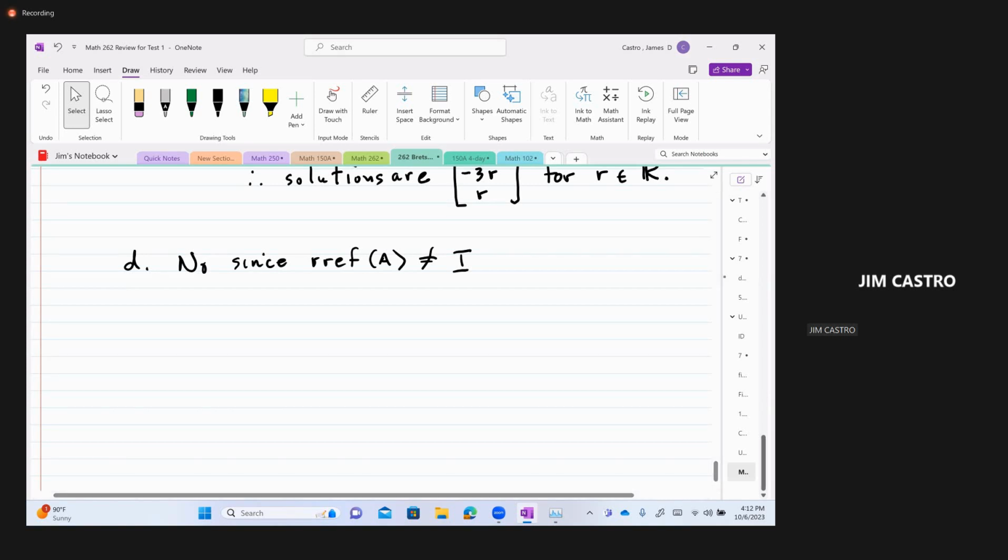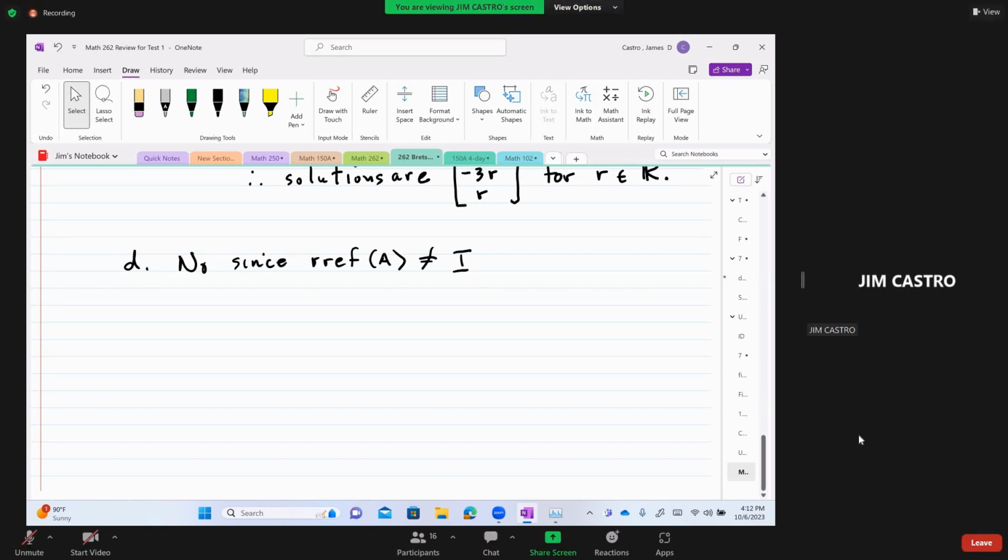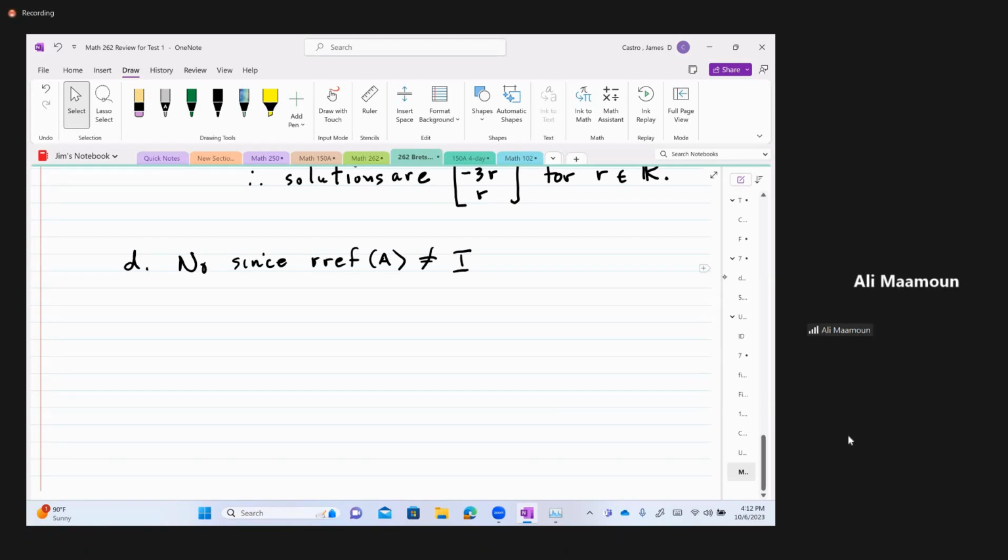Did we do everything? I think we did everything. Any other questions? These are the main topics that will be on the test. How far would you deviate from these kinds of questions on the test? Maybe different proofs, but like